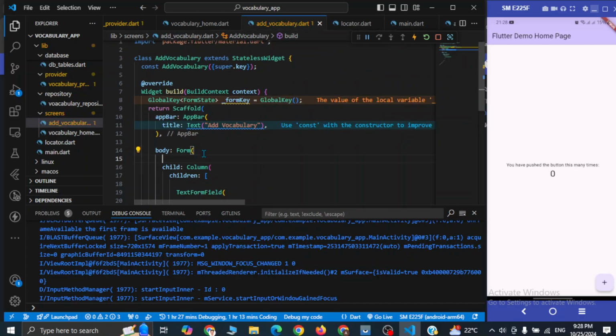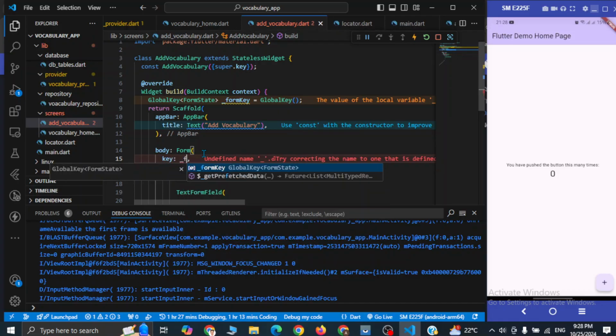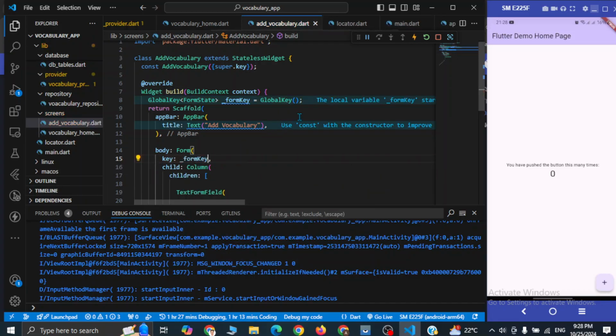We can simply use this form here. So we will have a key property and we are going to assign it here,